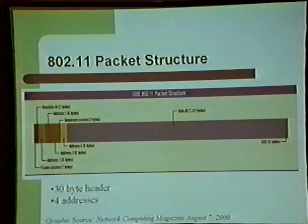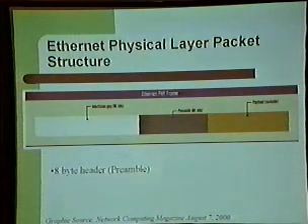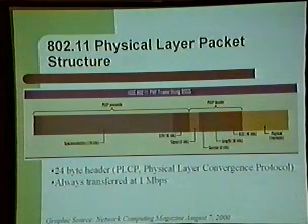And those are the packets that sit at the data link layer. Now getting down to the physical layer, this is your Ethernet packet. You're just looking at the preamble as an 8-byte header. Pretty simple. Then you look at the 802.11, and it has a 24-byte header. And the biggest portion of that is the